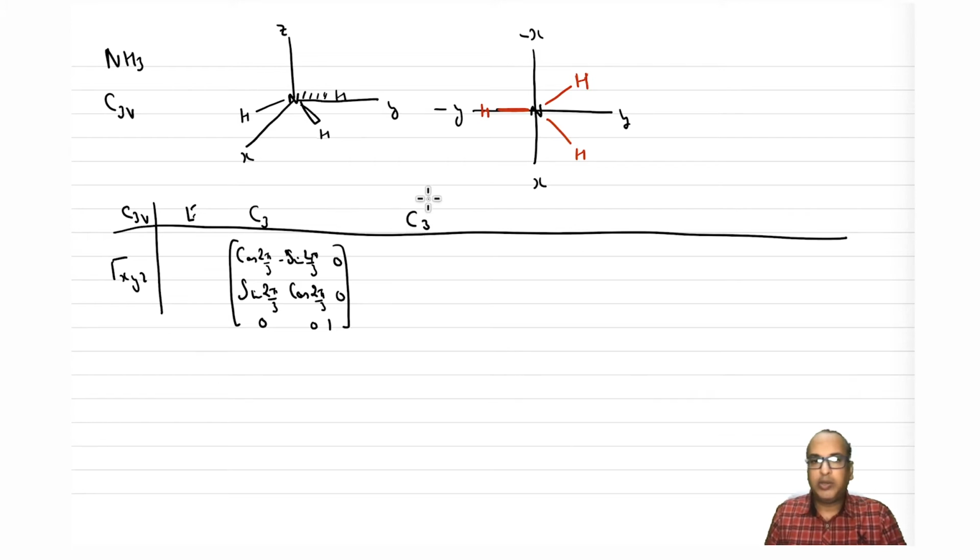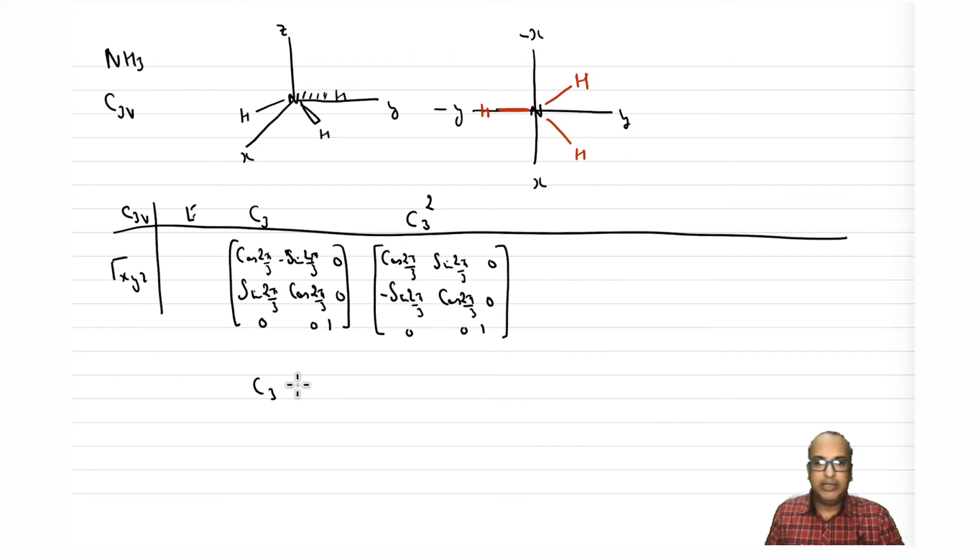Similarly, you can also write for C3 square because again C3 square is lying along the z-axis, so writing the C3 square will be easy. I must also tell you that C3 square is the inverse of C3, so you can just transpose this matrix and write for C3 square, right? Why, we will see in a minute. So the minus sign comes here, cos 2 pi by 3, 0, 0, 0, 1.